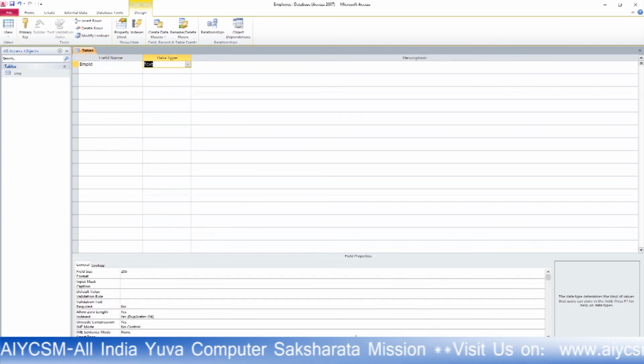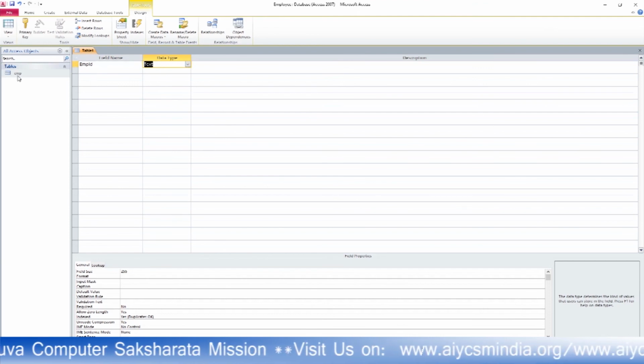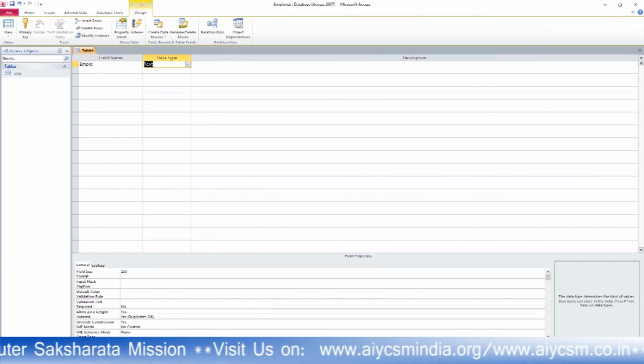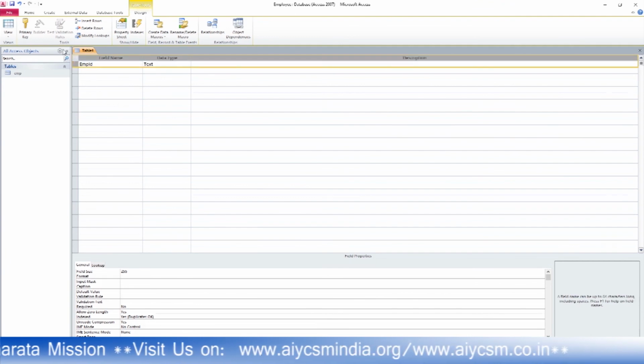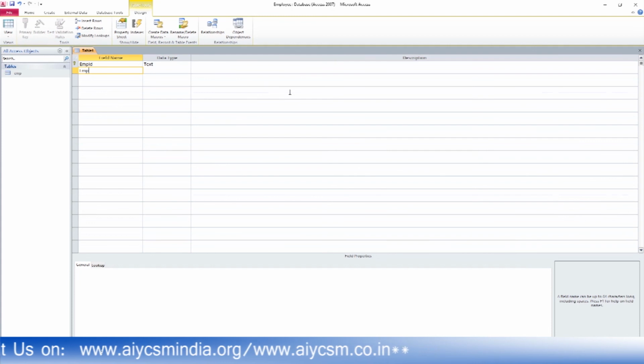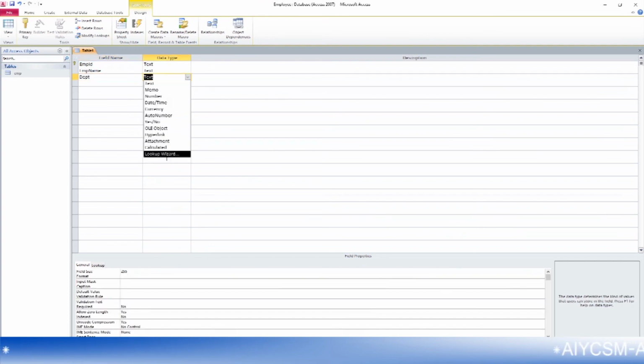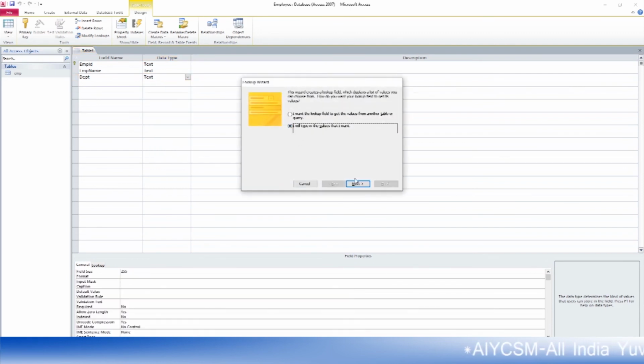Here the field names and the data types will be the same as the EMP table. This is the primary field, so I insert it as a primary field, EMP name. The spellings are also the same. I am not changing the below options. DEPT, that means department. From lookup wizard, I just want to give the lookup wizard values.